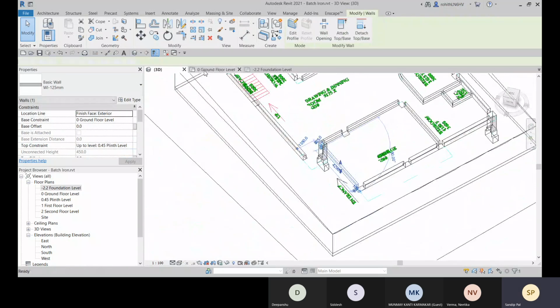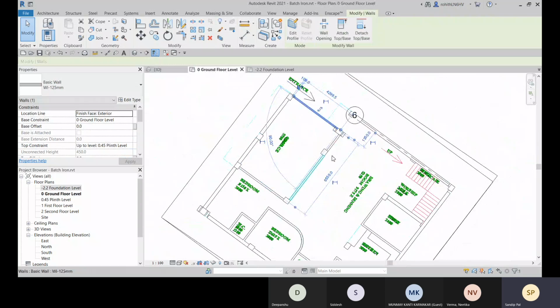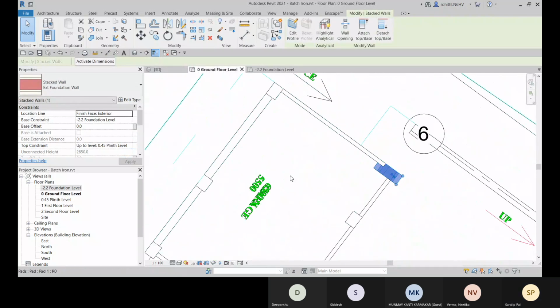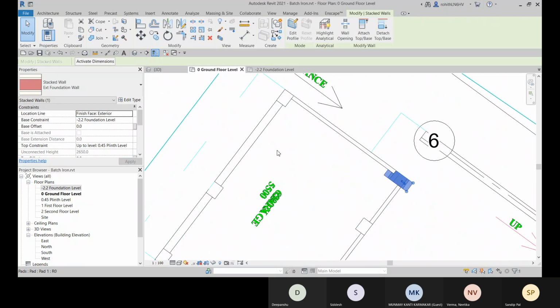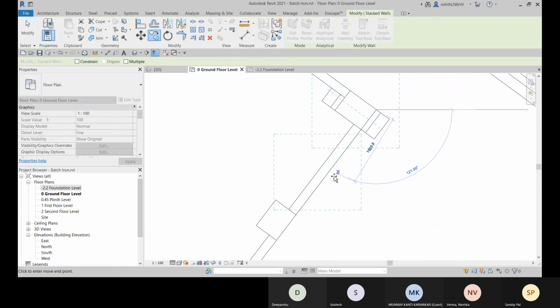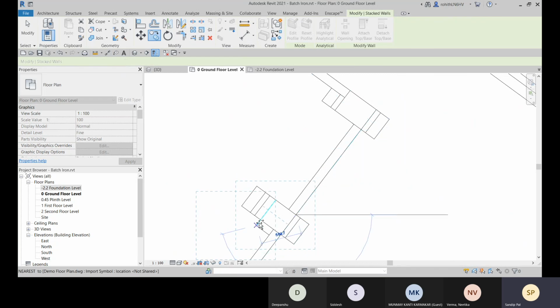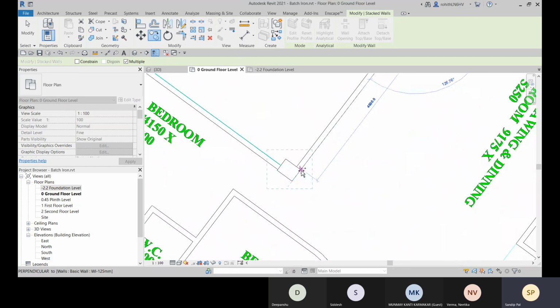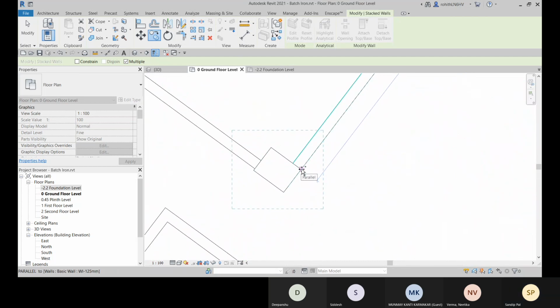And now let's start placing all these columns over there. So go with the copy option here, and let's go for the multiple so that we can place multiple copies.